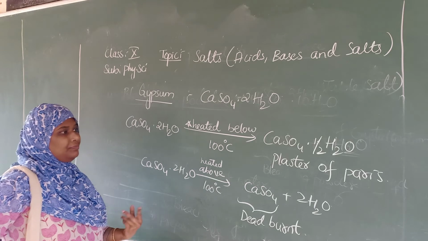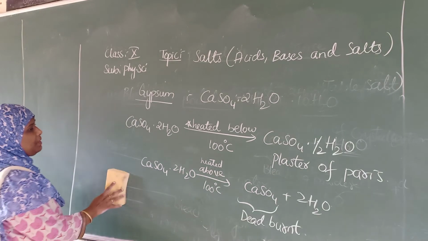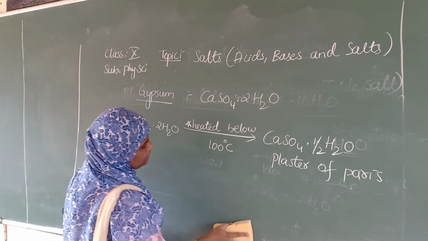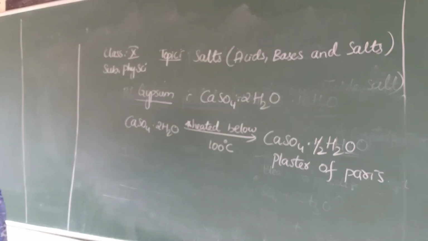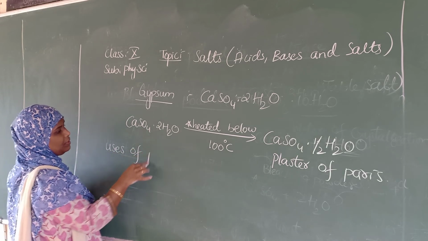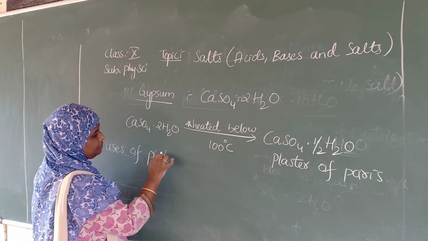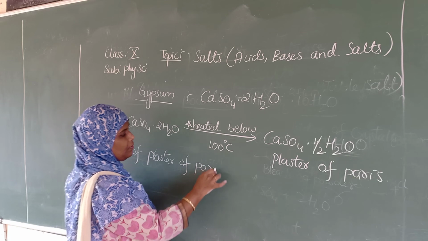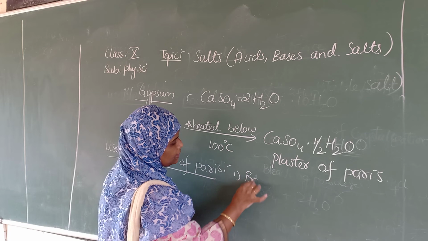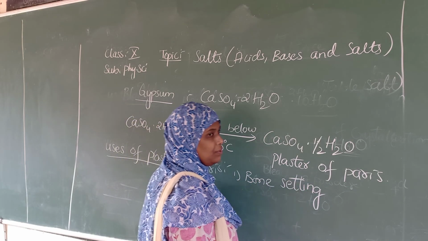Okay. So let us see what is the importance and what is the use of plaster of Paris. So in order to get plaster of Paris, we have to carefully heat gypsum. So uses of plaster of Paris. Actually we also call it as POP, plaster of Paris. Okay. It is used for bone setting. Okay, whenever the bones get fractured, in order to set them,